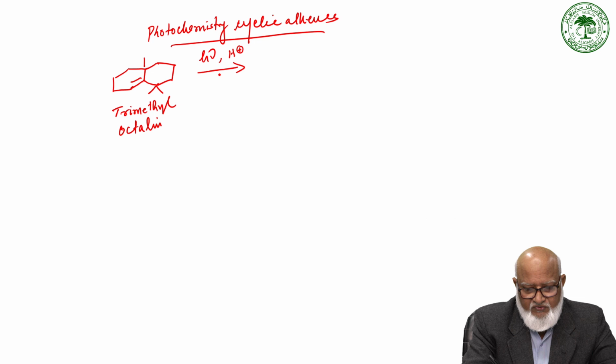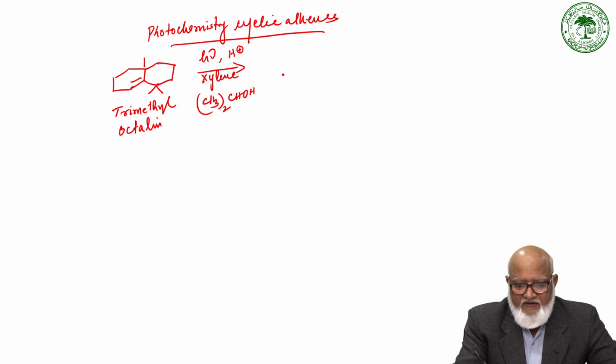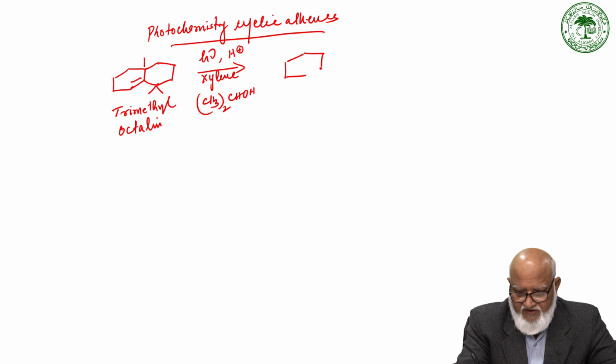If you have a proton source, and xylene as a solvent, the proton source is isopropyl alcohol, CH3CHOH. So this under photolytic condition generates a carbocation,